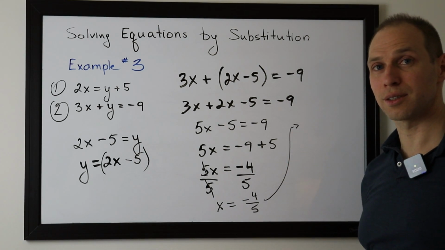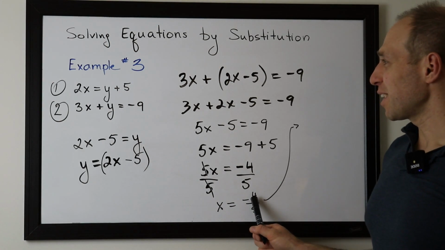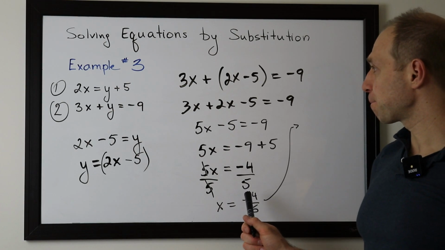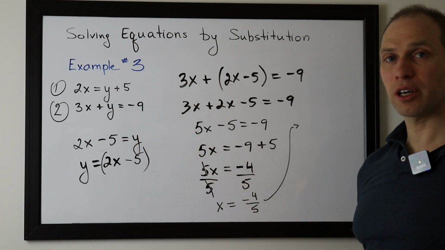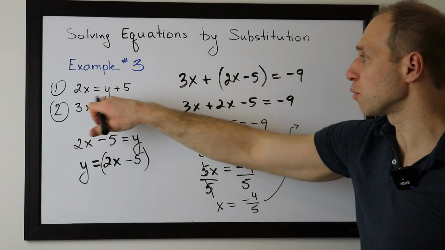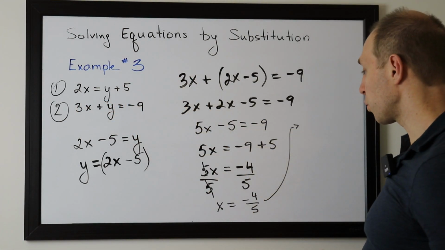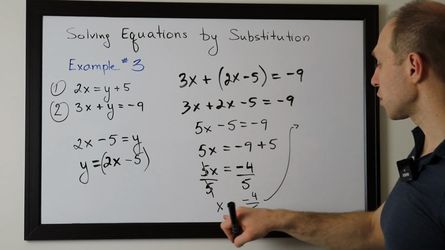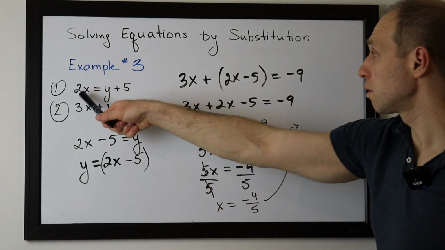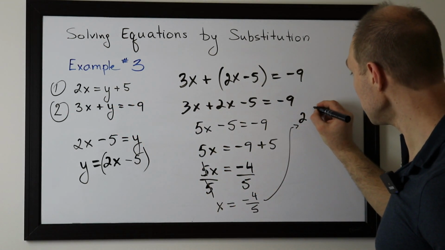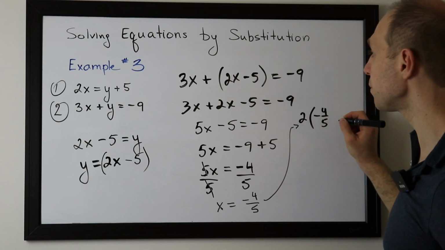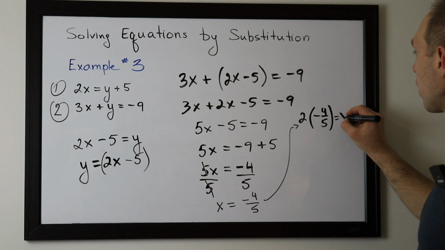I need more space, guys. So we're going to take this and we're going to plug it into an equation that fits best. Let's try plug it into our first equation. The numbers are a little bit lower. We have mostly positive numbers. It will probably work out a little bit better. So instead of x, we're going to plug in negative 4 over 5. 2 times negative 4 over 5 equals y